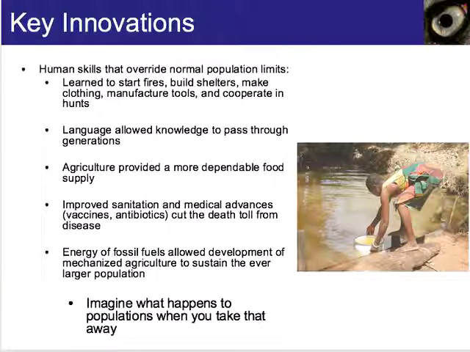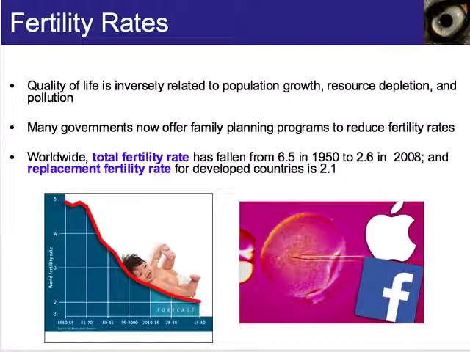Imagine what happens to a population when you take away certain things like electricity, clean water, and medications. Quality of life is inversely related to population growth and resource depletion. Many governments now offer family planning programs to reduce fertility rates. Worldwide, total fertility rate has fallen from 6.5 in 1950 to 2.6 in 2008, and replacement fertility for developed countries